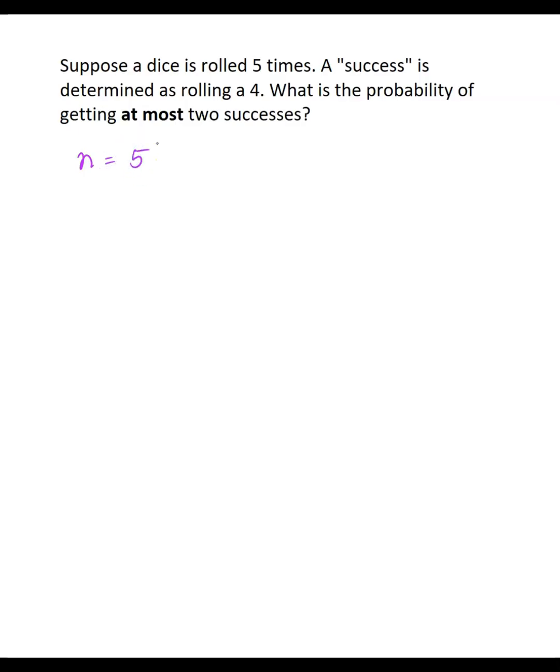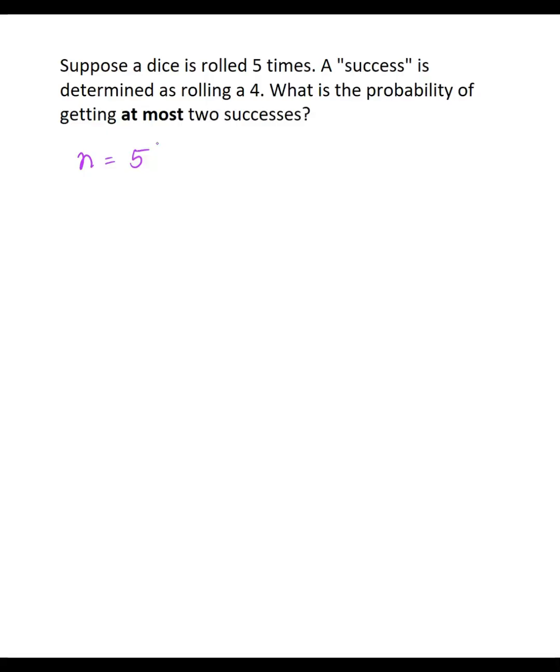There are 2 outcomes, success and failure. Success is rolling a 4, and failure is not rolling a 4. Then your probability of success must remain the same. Well, because it's a die, there's only one face you get out of the 6 faces. So it's 1 out of 6 each time you roll, and these trials are independent because each time a die